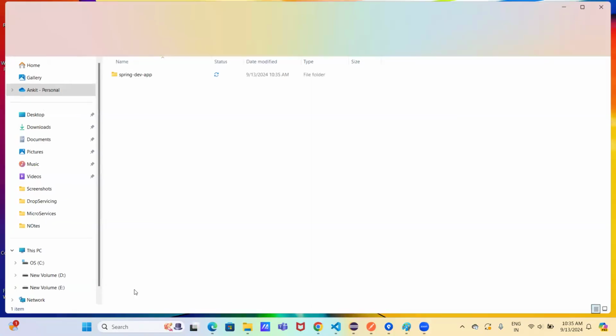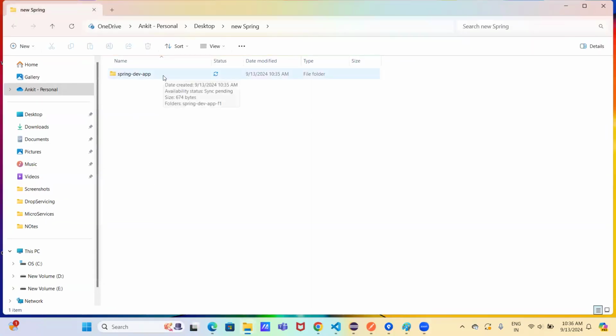in new spring one folder has been created. Inside this folder, another folder is created. So many folders will get created after cloning, right? And inside this we don't have any code. Now what we need to do,